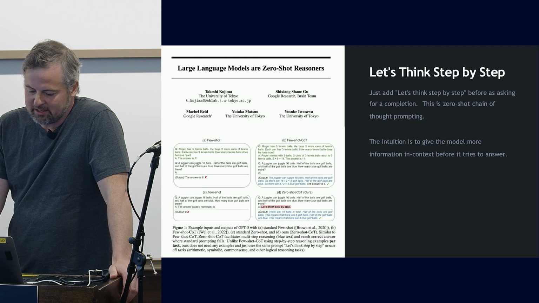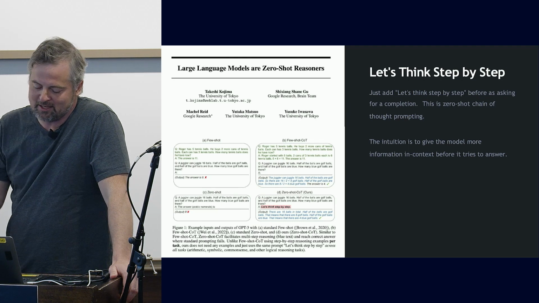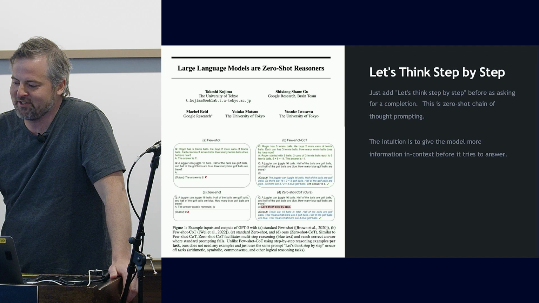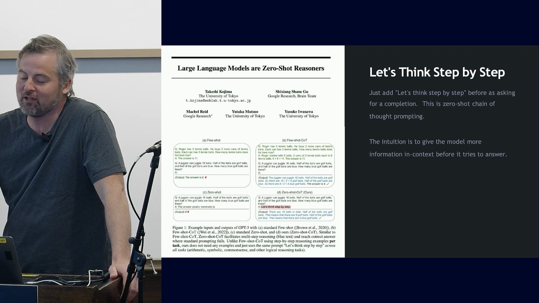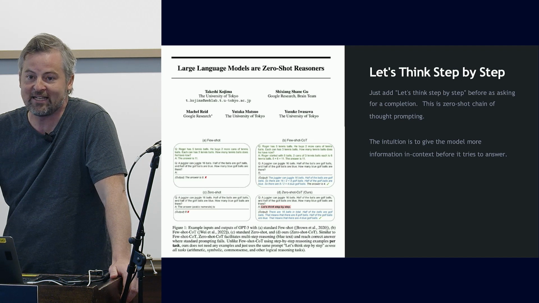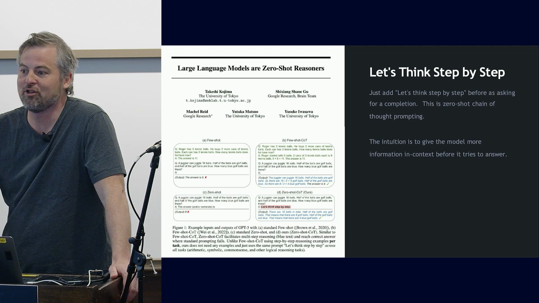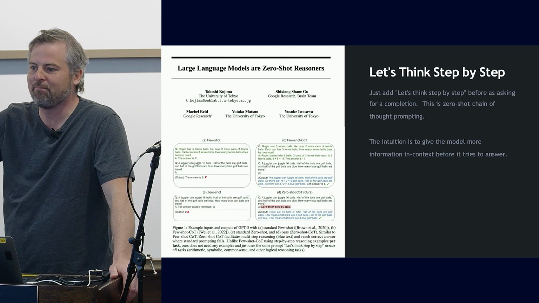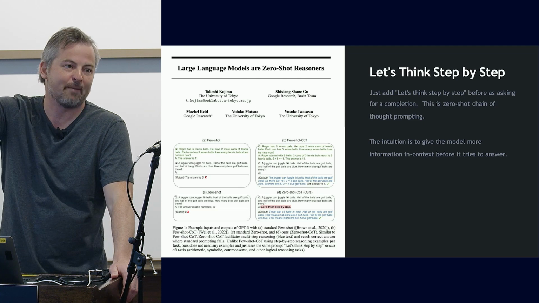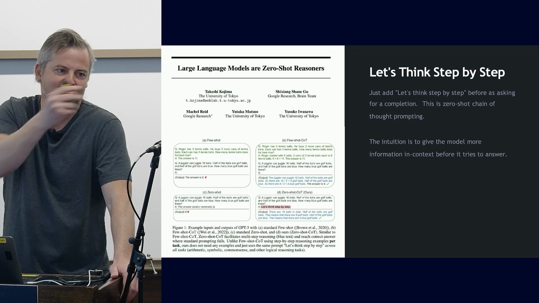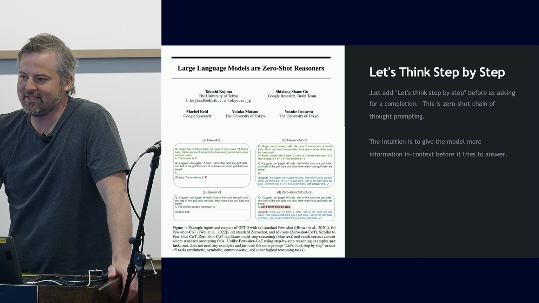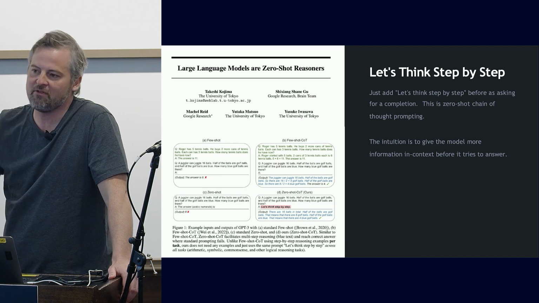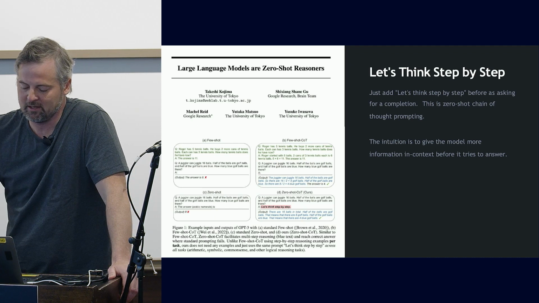A simpler example of this is you don't even have to give it examples. This is the zero-shot version of chain of thought thinking. You can literally just start your completion with "let's think step by step." If you just say answer, let's think step by step, and now completion, it will start thinking step by step, and it will do what I just did in the previous slide without any examples. And you'll get about a 10% boost for these specific types of use cases.